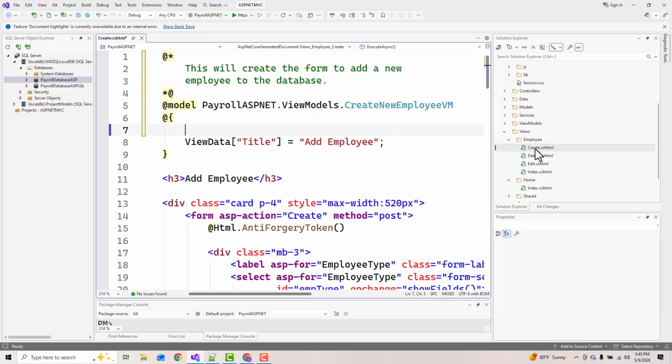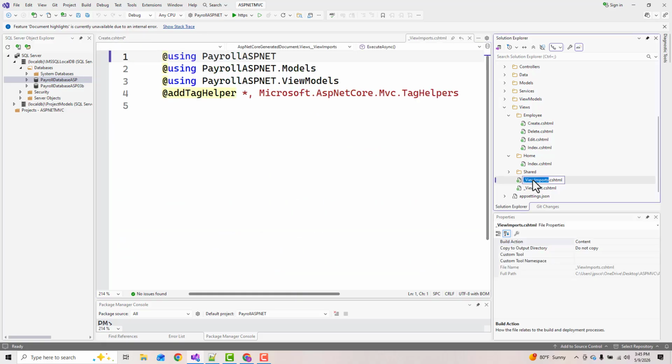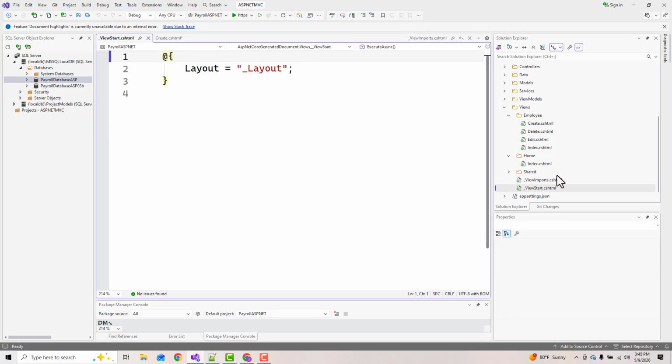So what we want to do here, I'm so tempted to go like this and then put in comments. And it looks like it'll take that because at least in here, I'm inside of some C# code. All right, so let's try it right now. Let's see. So I'm going to come in here and I'm going to say, set the heading for adding a new employee. That's what it is. So it's going to take that title that we set up a long time ago in one of these. I don't know which one it was. Not in there. Not in there. Like I said, I don't remember where it was even, but it was somewhere. Could have even been